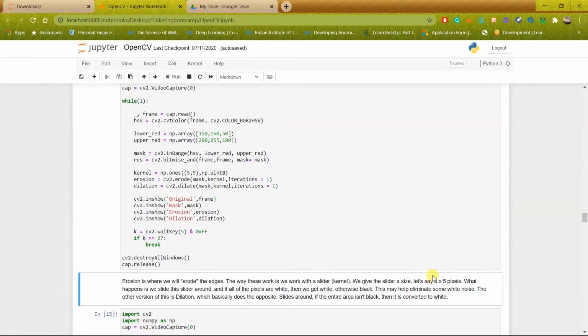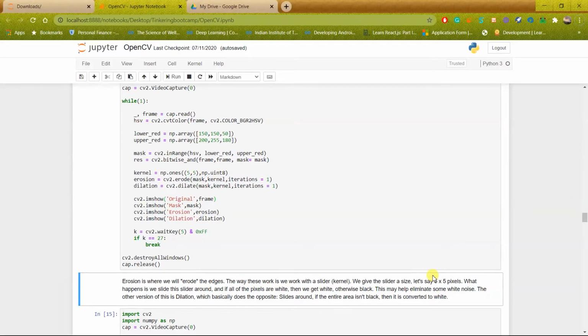We slide the slider around, and say I specify a 5 by 5 slider, moving all along the picture. If all the 25 pixels inside the slider at that moment are white, then we get the output as white only.